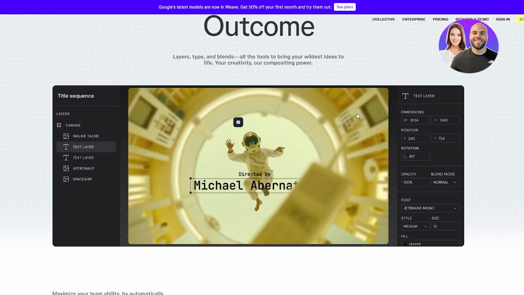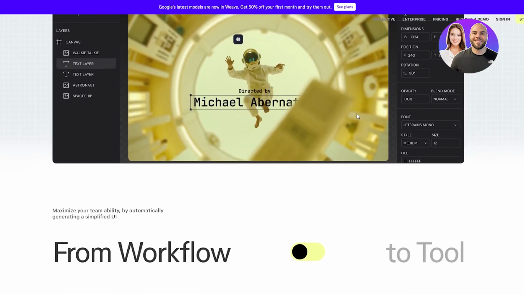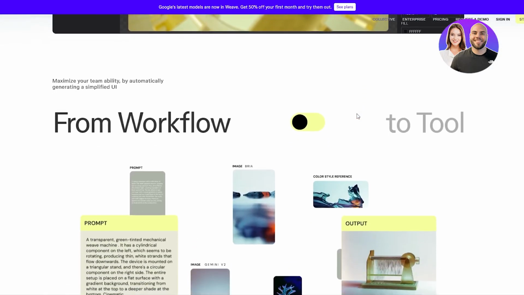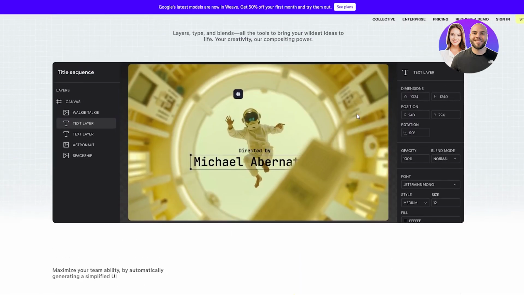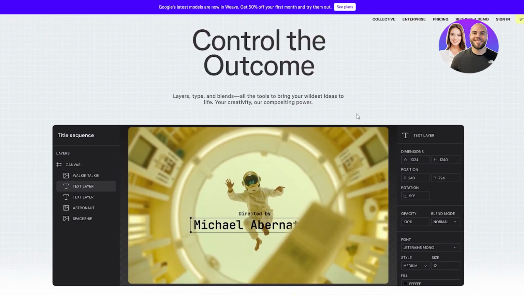Now, where Figma previously treated layers as geometric objects with properties, Weave understands what those layers are. It knows that a layer is a button, a card, a header, an icon, and uses that understanding to